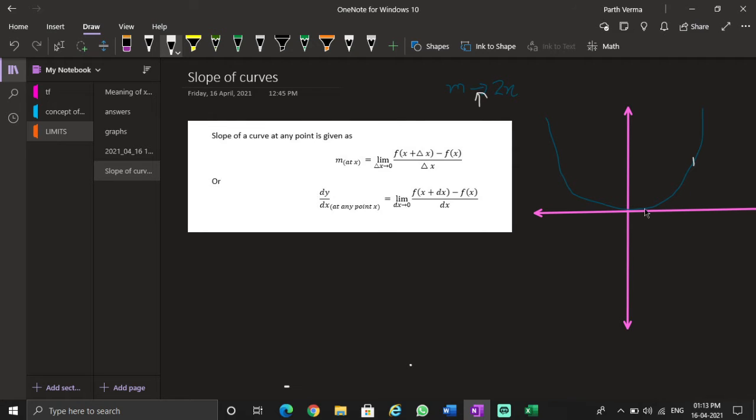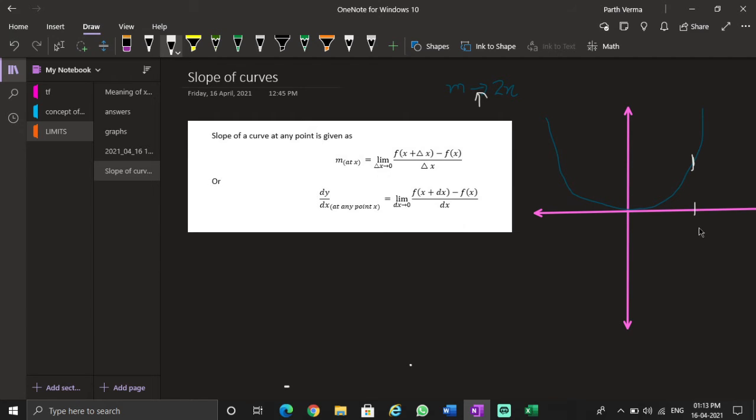You know the slope is changing at every point because the rate of change of the function is not uniform. Initially it grows slower, then it grows faster, just because it's a square function. It's not a linear function. Initially 2 square is 4, and as x changes from 2 to 3, the function changes from 4 to 9, and so on. So the rate is changing. That means the slope at every point is different.